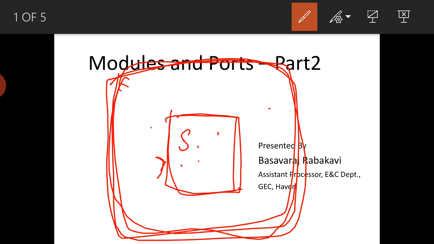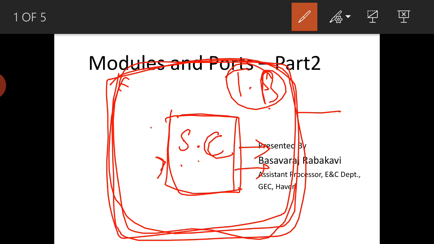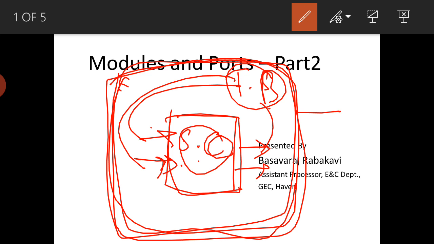If this is a source code and this is a test bench, the test bench does not connect externally to other modules except the source code inside. In that case, the outputs of the source code will act as inputs for the test bench, and the inputs of the source code will act as outputs of the test bench, but all are internally connected here.